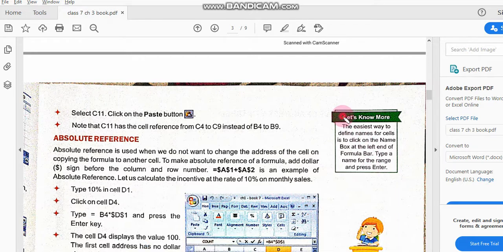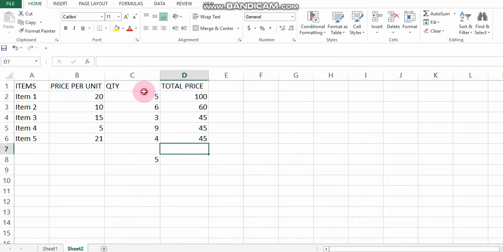Now the next is defining names for ranges. The easiest way to define names for a cell range is to click on the name box at the left end of the formula bar, type a name for the range and press enter. Let's understand it practically. Here, this is called the name box where my pointer is. When I select a group of cells, it is F1 to F7.